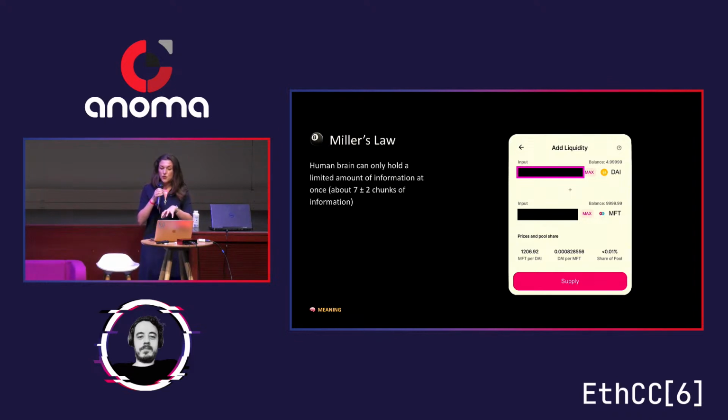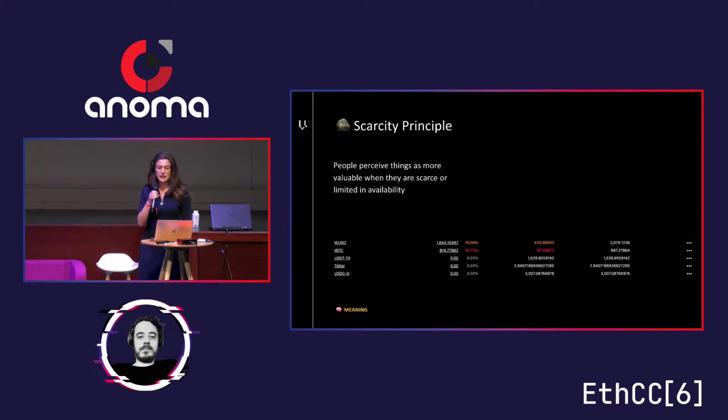Now I'm going to move to another concept that also falls in the meaning category, and it is also related to managing the risk of your own portfolio, which is called the scarcity principle. In DEXs, this law is applied by creating a sense of urgency or scarcity around certain trades or certain assets. For example, in Vega's trading console, the UI highlights the fact that you're running out of collateral, coloring the amount in red or orange if you may soon not be able to cover the margin on positions.